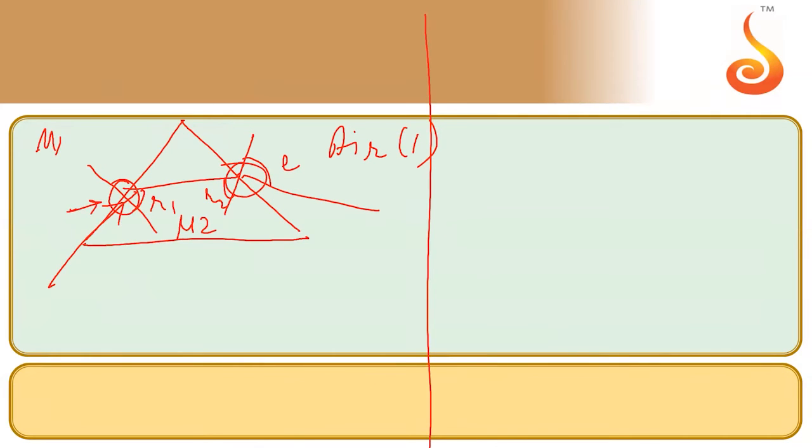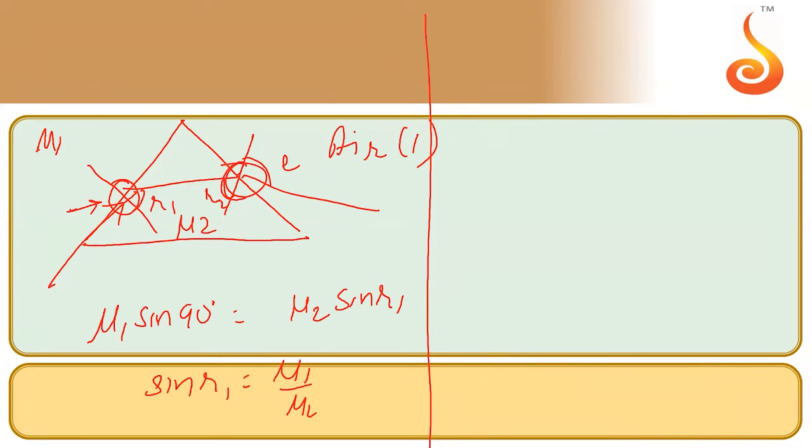For the first case, do you agree with me that the initial angle, grazing angle meaning angle of incidence, is 90? The first starting angle is equal to 90. So if I apply Snell's law, mu1 into sine 90 is equal to mu2 into sine R1, implying that sine R1 is equal to mu1 divided by mu2.